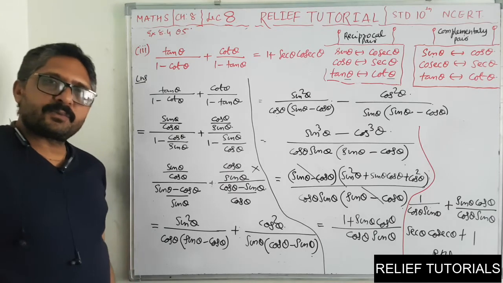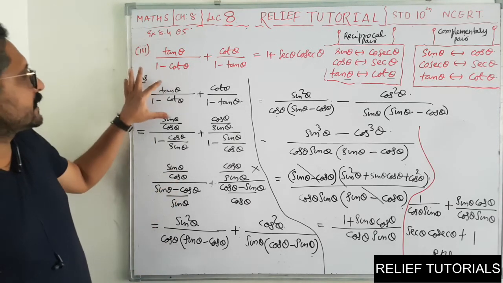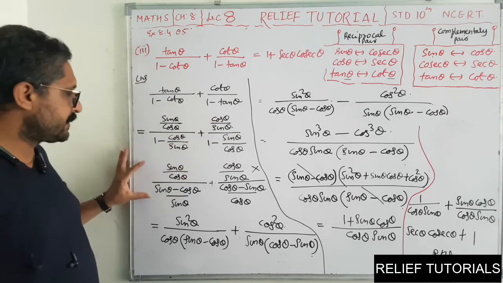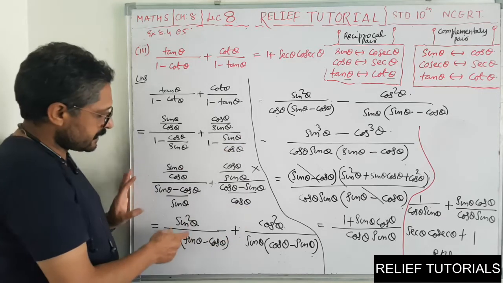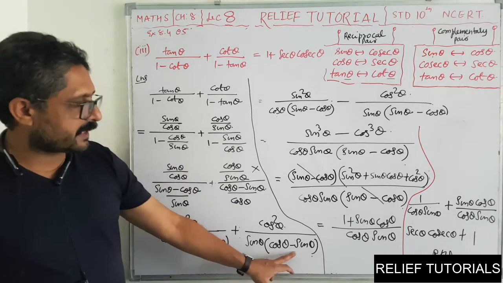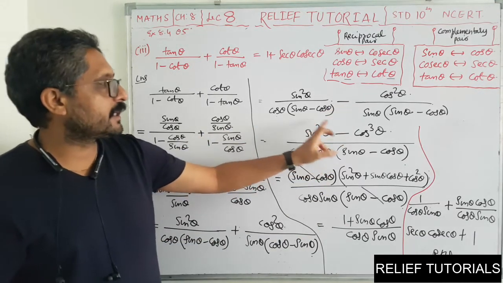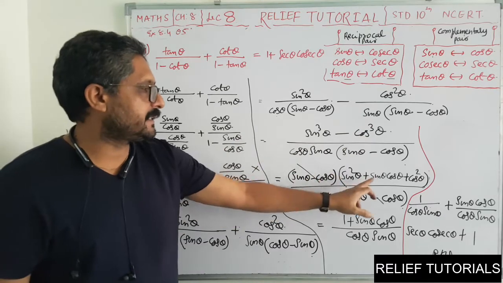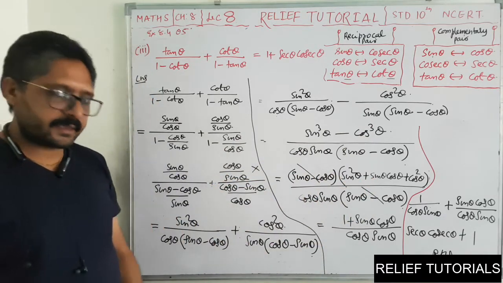I hope you enjoyed this problem. Nothing is there. I have converted tan and cot into sin and cos. Then algebraic operation. I have taken LCM of denominator. Then just multiply by reciprocal. After that, I have made these two terms same by taking minus common. Then once again LCM. Then here you got a cube minus b cube, algebraic identity. Cancel. Okay.